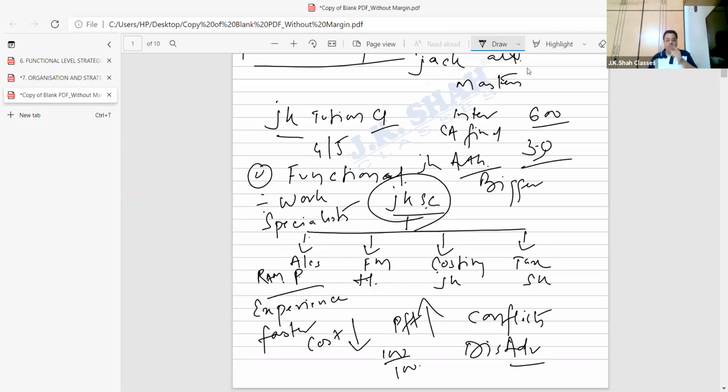centralization. Boss takes all the accolades for things that go on well. Right? The people don't get credit for the work they have done. That means Ram Prabhu, Himanshu J, they will not get the credit. All credit goes to the boss. So, bacha, there is no incentive for people to work better. Maybe the performance will get affected because if they don't get the praise, there is no incentive for working. This problem was there in functional structure.